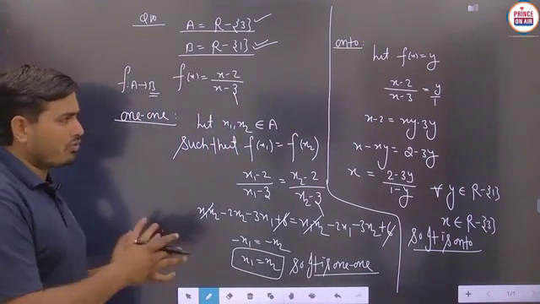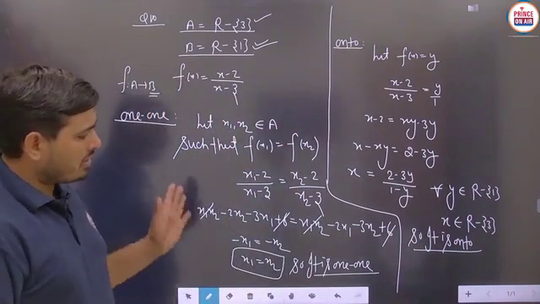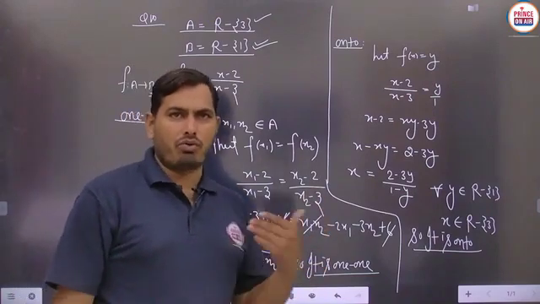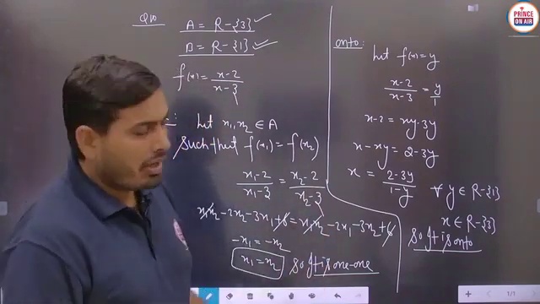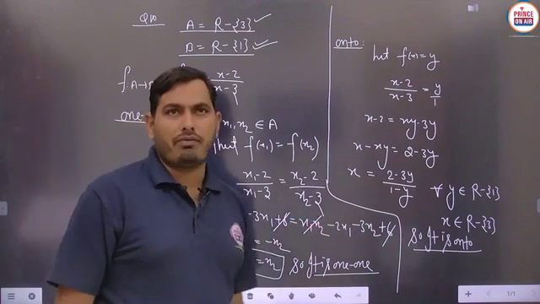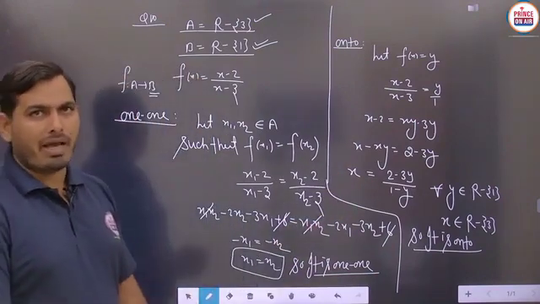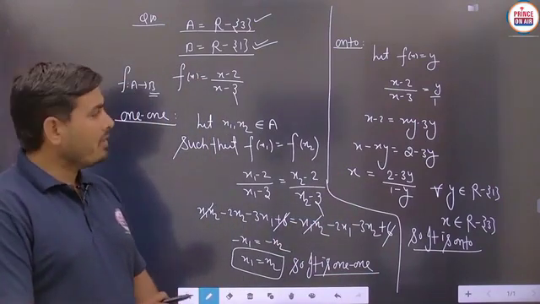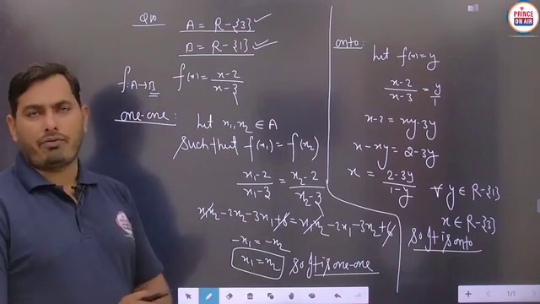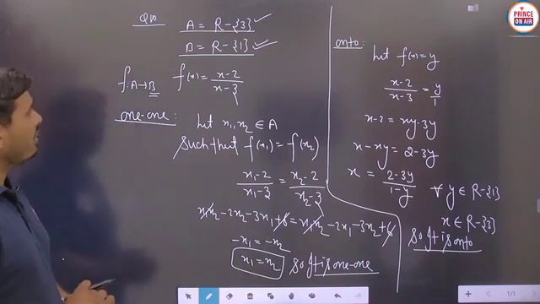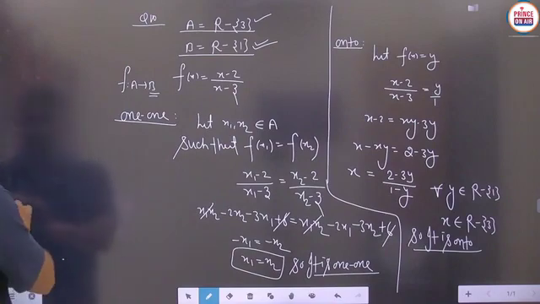So in this particular question you can easily understand each and every part. This function is found to be one-one as well as onto, and in these cases the function is always said to be a bijective function. Is it clear? So pause the video to note it down. After that we will take the next question, question number 11.